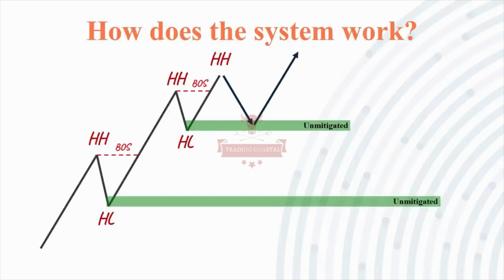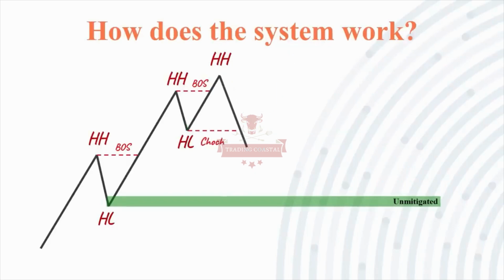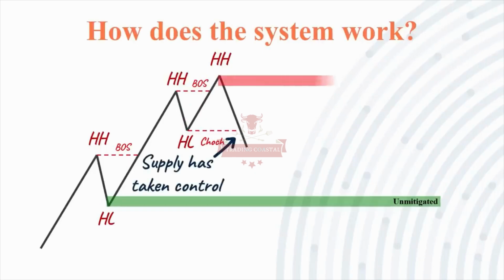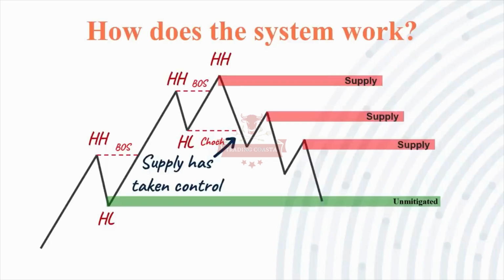toward the dominant trend. However, breaking below this valid demand area is called a change of character and indicates two things. First, supply has taken control over demand. Second, a valid supply area has been formed. Then, the price continues pushing down, creating supply areas until we reach the next unmitigated demand area in front of